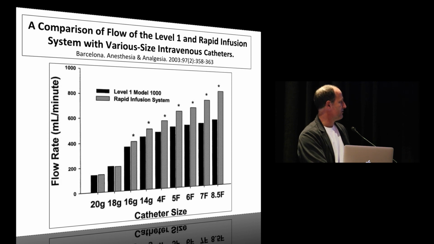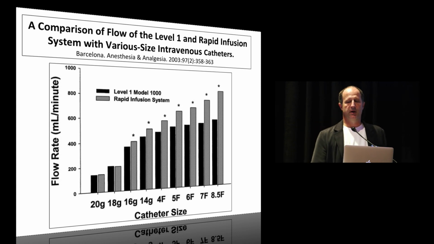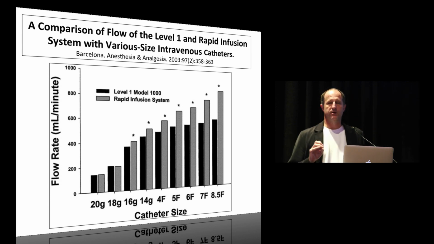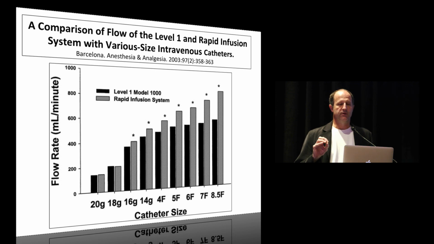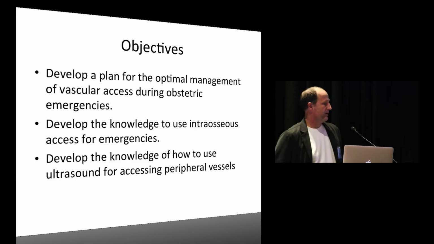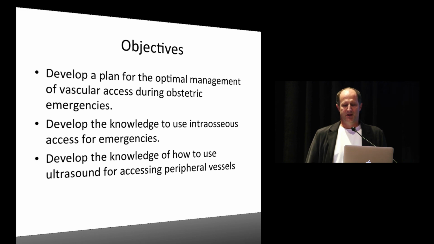A 16 and 14 gauge give you up into the 400 to 600 mil a minute possible flows. And then, of course, with the 7 French, you're way above what the speed of the Belmont fluid transfuser is going to go. So you want some kind of access like that in this case, where you're probably going to have to do rapid infusion of products. Hopefully this exercise has given you an idea of how to prepare for getting IV access quickly in emergencies,